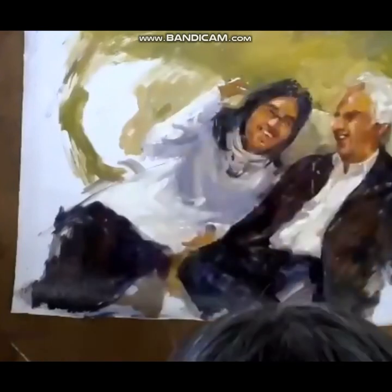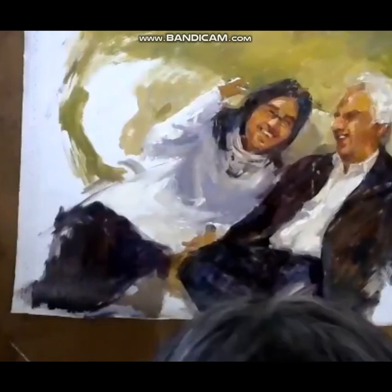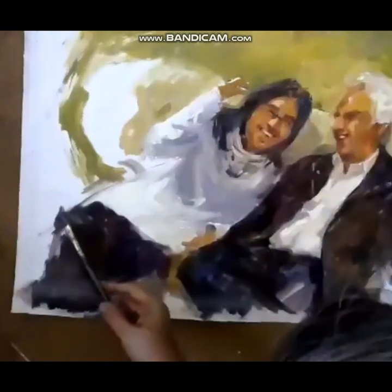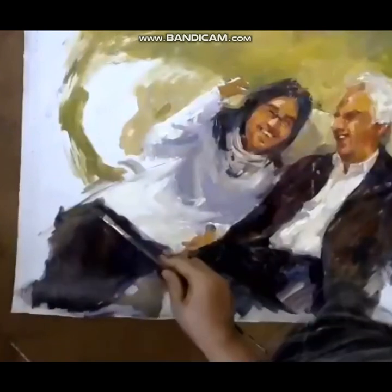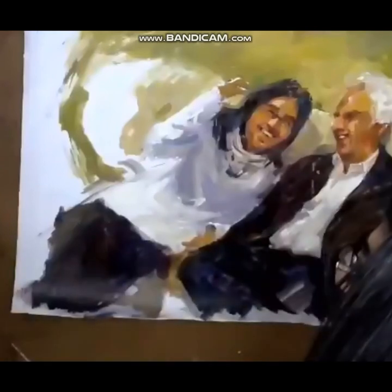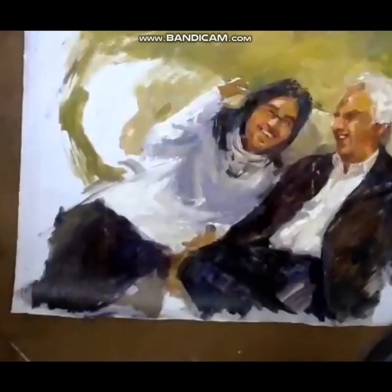Okay, I'm going to add the color of the background into her trouser. And it will make sense when I do the couch. Okay, let's